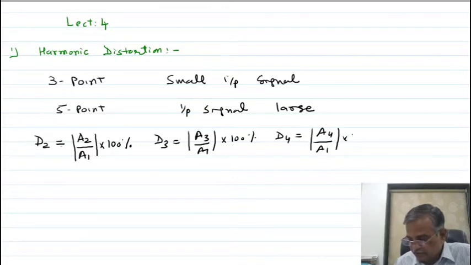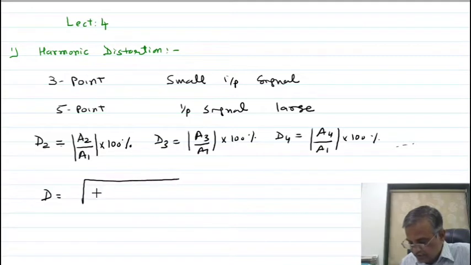are the strengths of the fundamental and harmonic frequencies. A1 is the strength of the current at the fundamental frequency. A2 is the strength of the current at the second harmonic. A3 is the strength of the current at the third harmonic. A4 is the strength of the current at the fourth harmonic, and total harmonic distortion can be calculated from this equation.